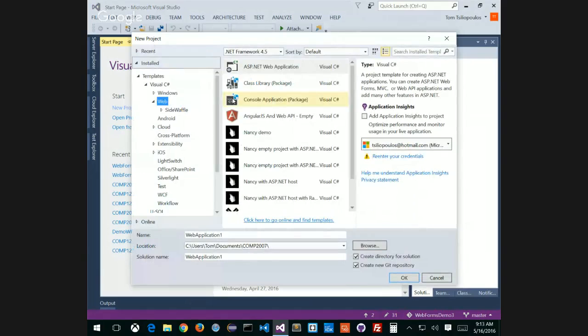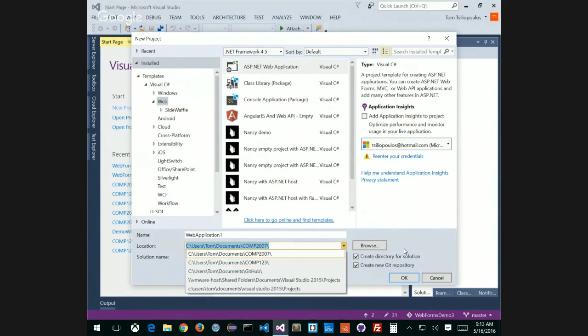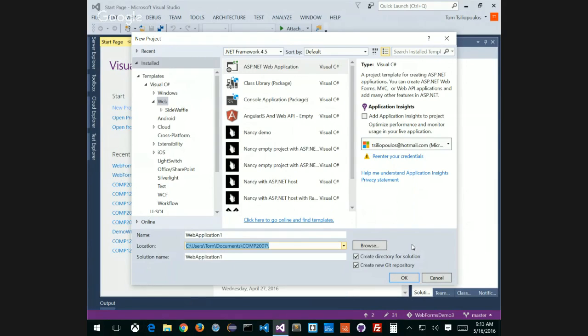And here's what I want you to do for this one. Make sure you click ASP.NET under Visual C# Web. Choose ASP.NET Web Application, and then make sure it saves it in the right location. I'm gonna put yours... well, for now, I'll leave it where it is. But let's say I'm gonna make a new application called